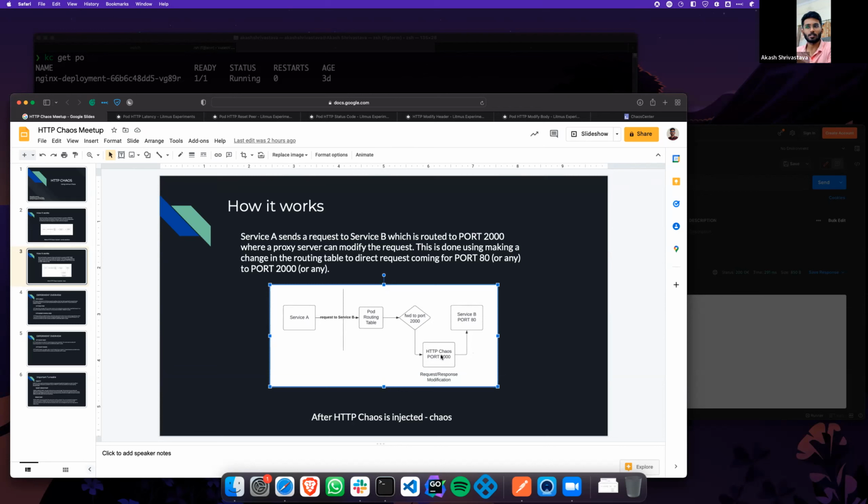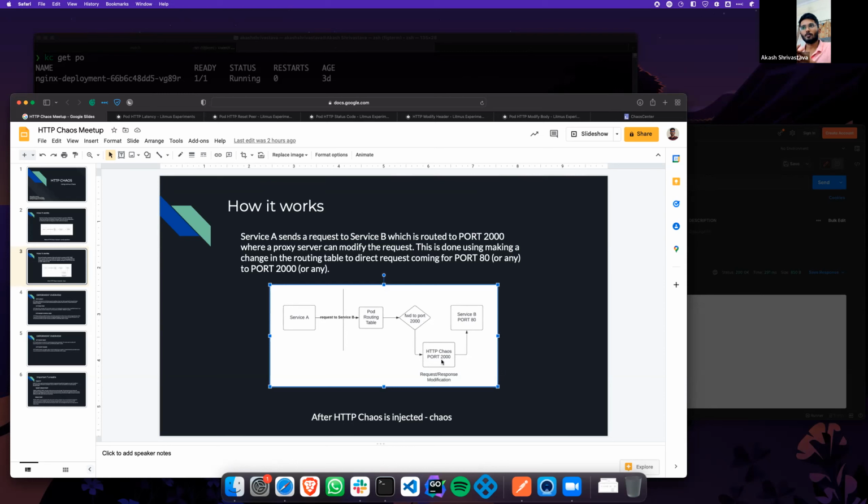Whenever service B receives a request and is processing something, it will do that processing, and whatever changes you are making to the request or response will be the only thing changed. It is just getting forwarded through the proxy server. We are not mocking service B. Any request coming in will go through the proxy server to service B, then come back with a response. It won't just go to the proxy server and go back. So we are not mocking it.